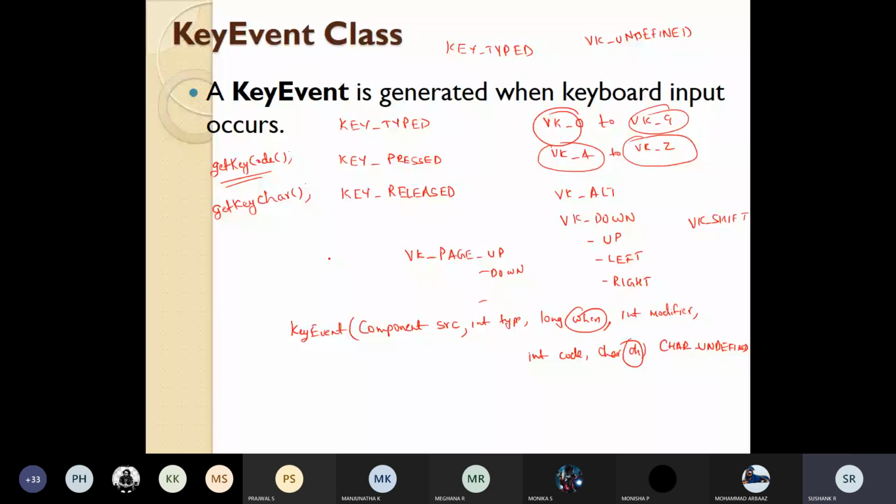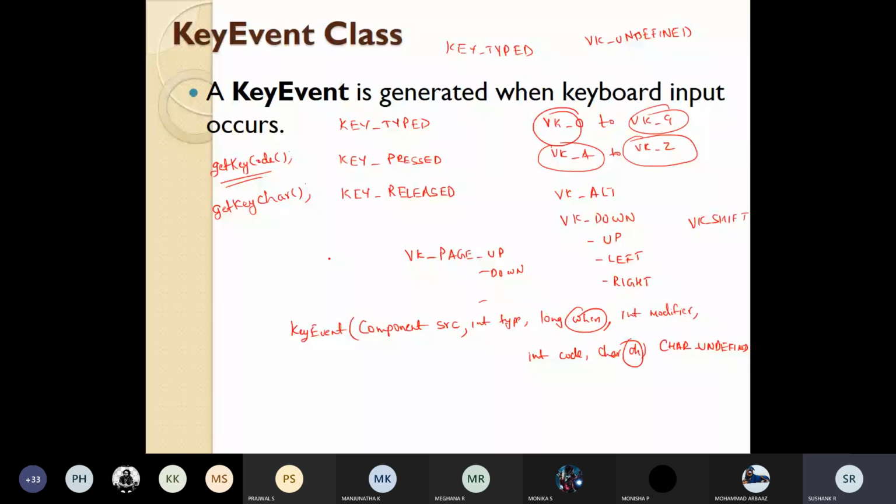The return value will be one of these constants. The no button indicates that when the event occurred, no button was pressed or released. So these are the functions which are there for the mouse event class.